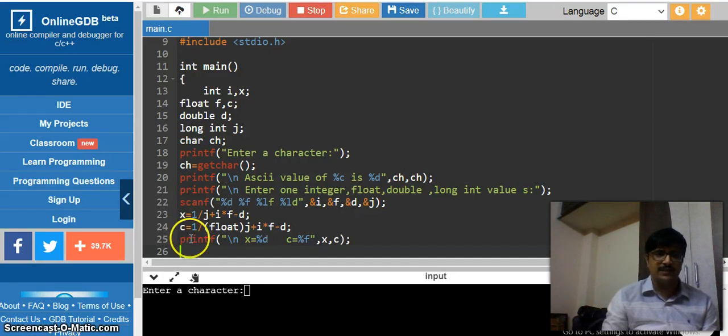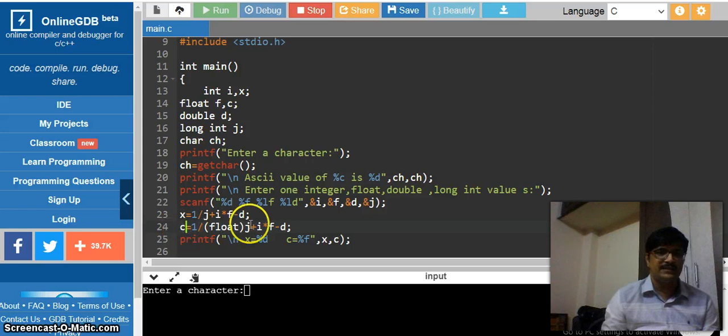So in the second expression, that is c equals 1 by, you can find we'll be using parentheses in order to do explicit type conversion. Inside the parentheses, we are supposed to give the data type into which we would like to convert this particular variable. This variable is currently a long int type, and I would like to convert that into float. So j is going to get converted into float. i is an integer, f is of the type float, and d is of the type double. However, the resultant will be a double value, and we are supposed to assign it to a double.